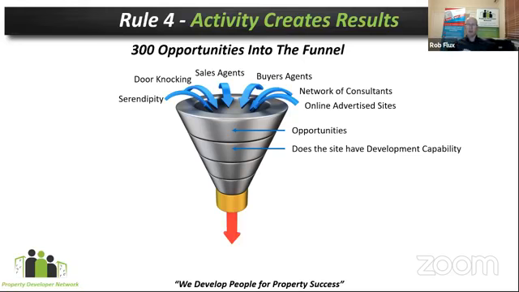Then when we actually work out has it got development capability, remember I said 90% of development sites aren't profitable, the next thing is we have to work out, well, is this one of those 10? So we might be throwing 90% of those opportunities out because we've proven that they're not profitable. And at this point, we've proven A, it's developable, B, it's profitable. And then last, we then have to start initiating negotiations.